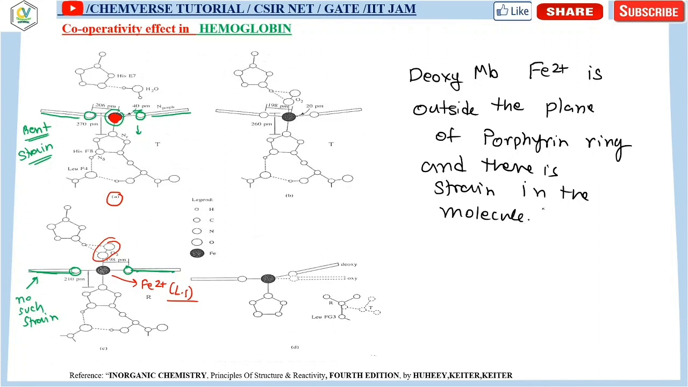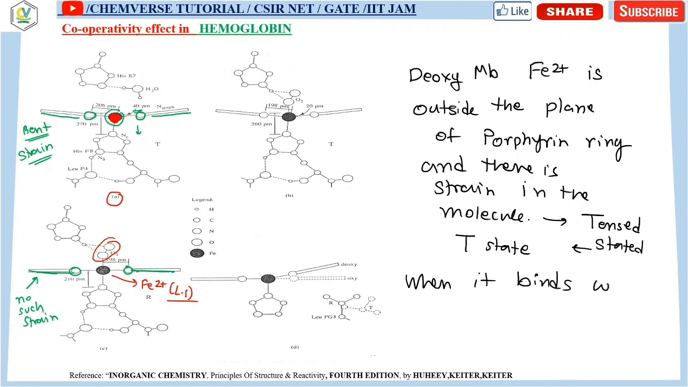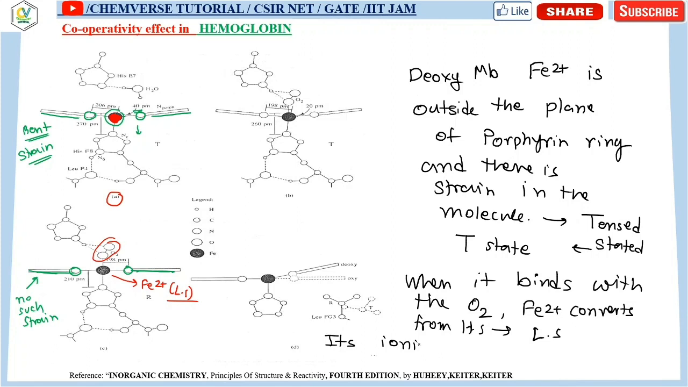So that is basically the T state, or the tense state. Okay, and when it binds with the oxygen, or dioxygen, iron 2 plus converts from high spin to low spin, so its ionic radius decreases